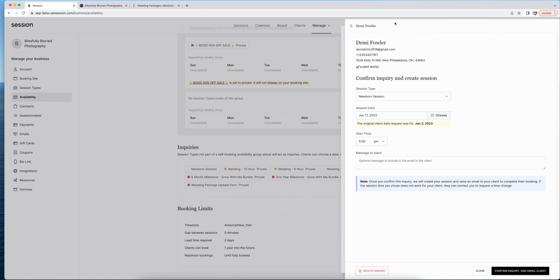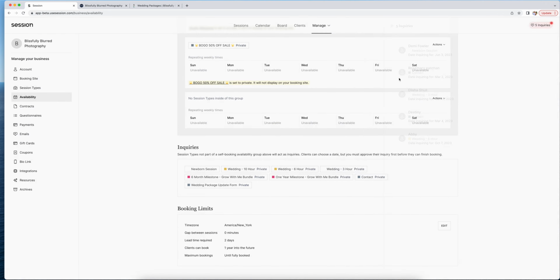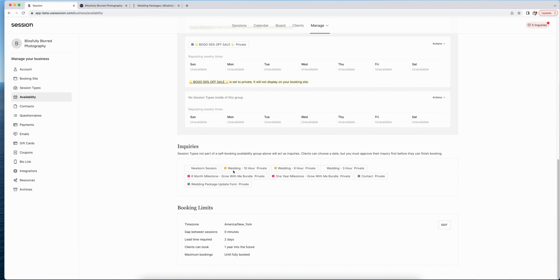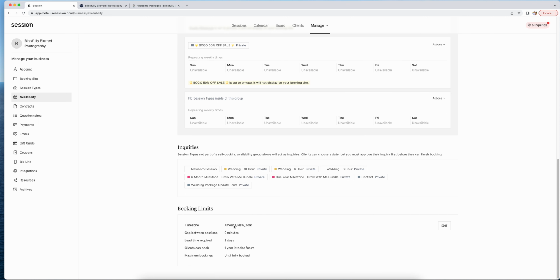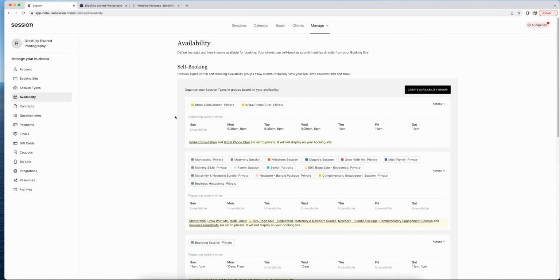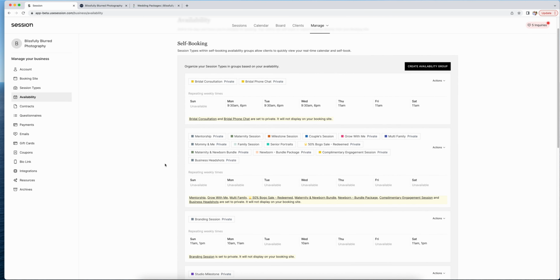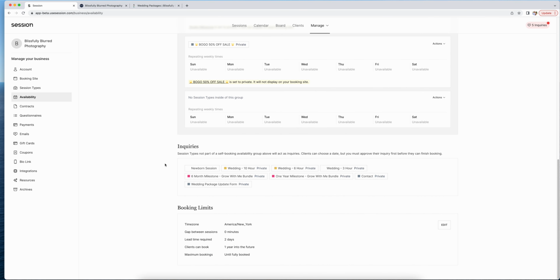So I do newborns a little bit different just because of that reason, but it's still available for them to choose. It does come in as an inquiry just because there's not an exact date. I hope that makes sense. Down here with the booking limits, your time zone, obviously make sure that's set accurately. Gaps between sessions, I have it set at 0 only because I have these set up the way that I did up here, and I have them already set in 1 hour increments, so I don't need an extra 30 minutes